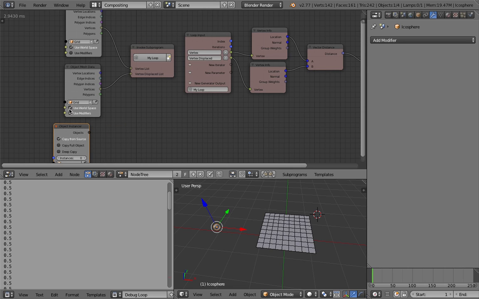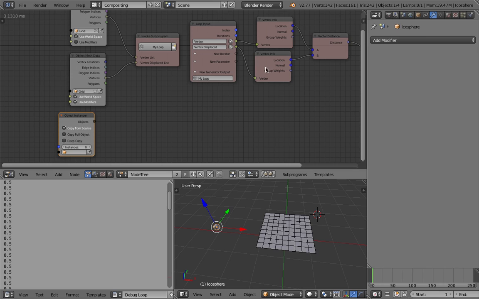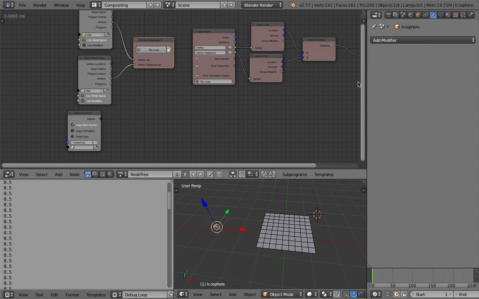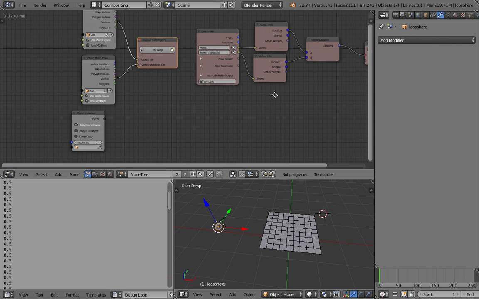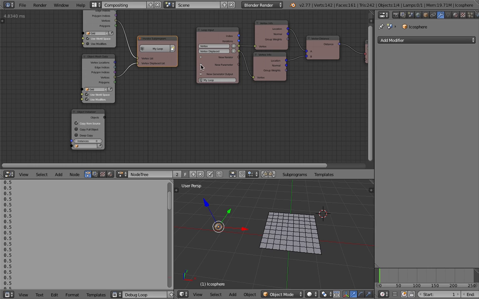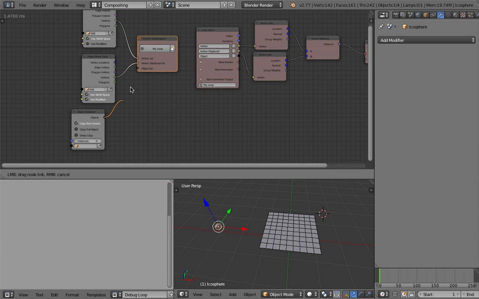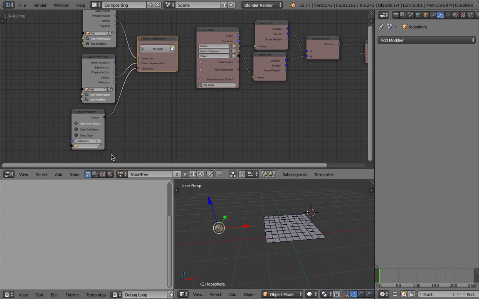So that guy, and we can put it in the same loop. We can have a loop within loop within loop, but usually one loop is enough most of the case. And let's see, we're gonna create a new iterator, which is our object instances object list. So we're gonna pipe that in. We're gonna grab this guy, will be copied into each and every vertex.